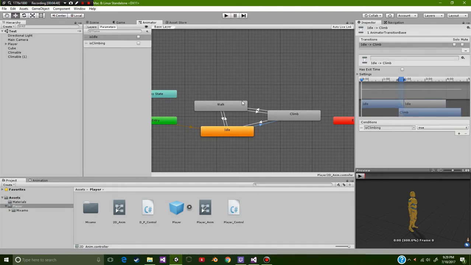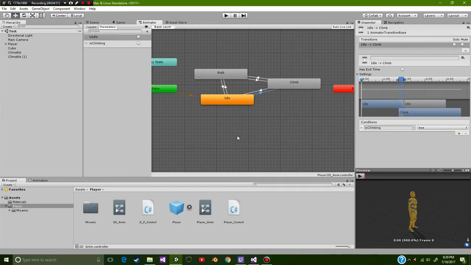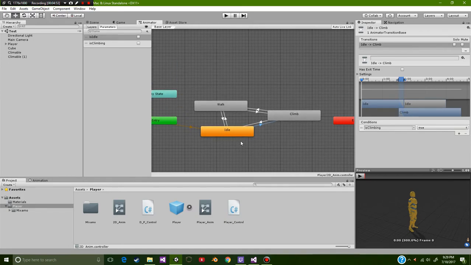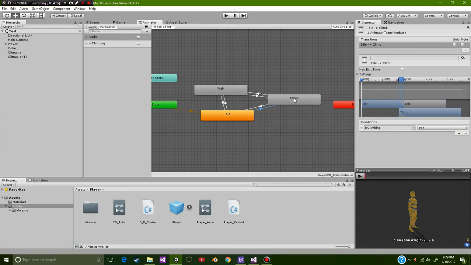Okay, so we got our animation set up. I know that was very confusing for at least most people. But once you get the hang of it, it gets really easy. Okay, so the last thing that we added to our player